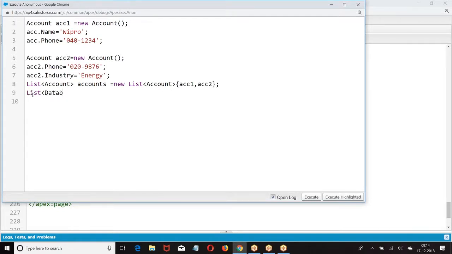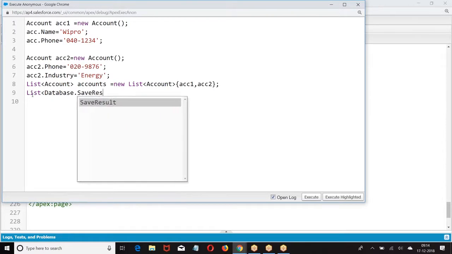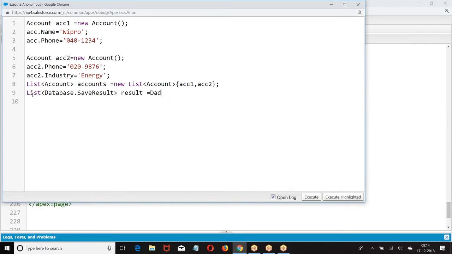Database.SaveResult. Database.insert(accounts). If I give true, it is atomic. If I give false, non-atomic. So Database.insert(accounts, false): if I give false, non-atomic.